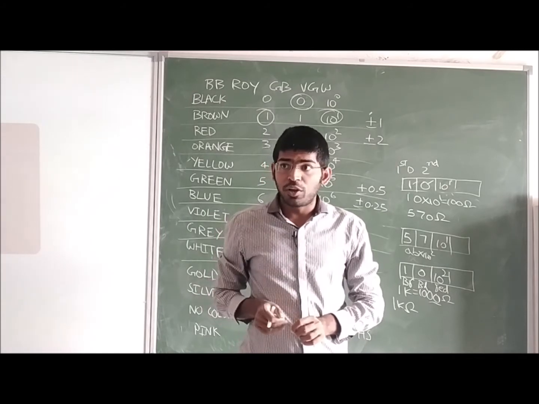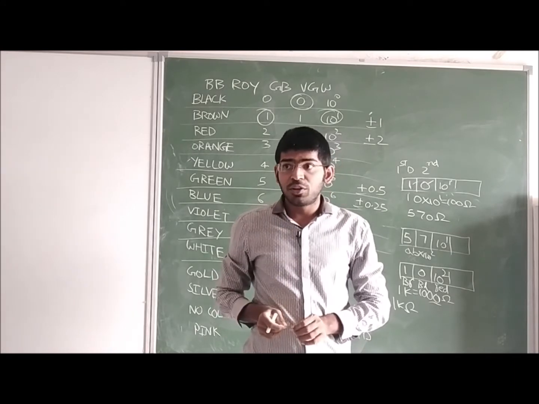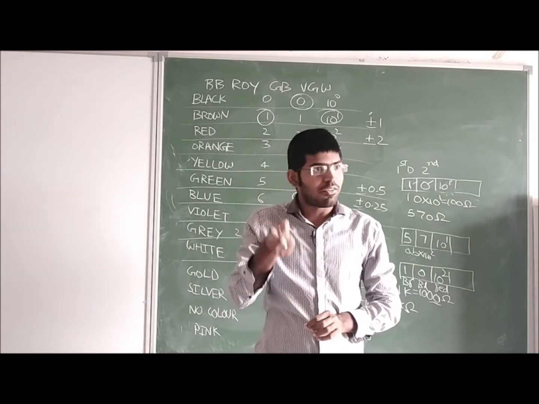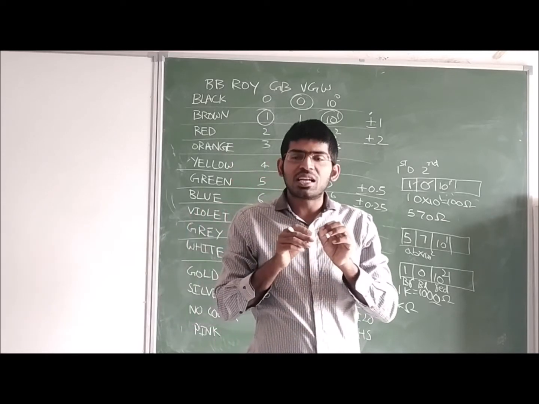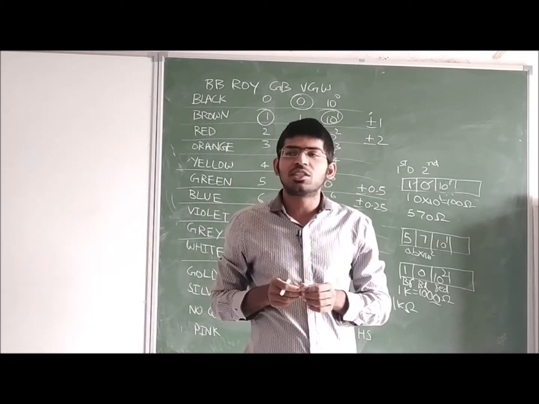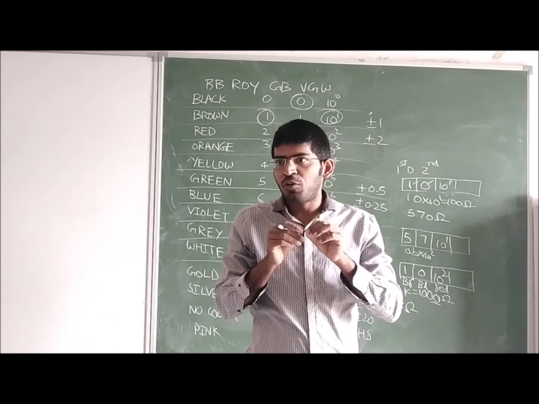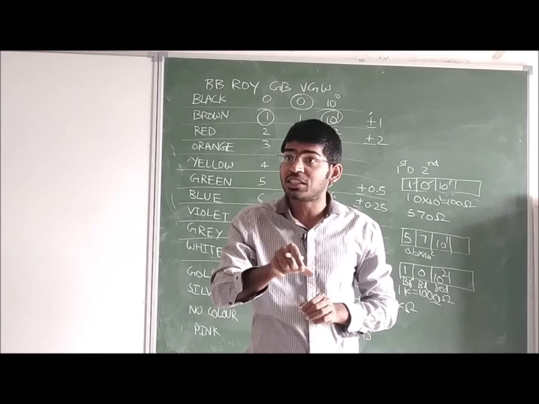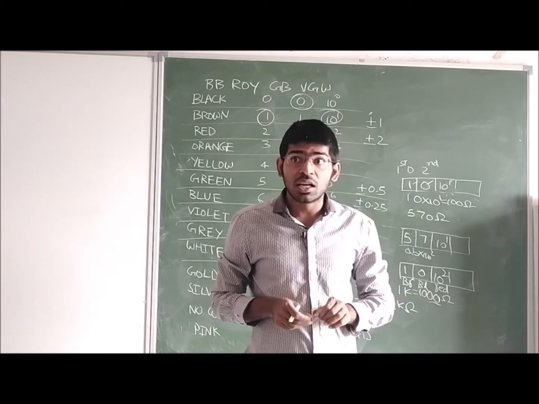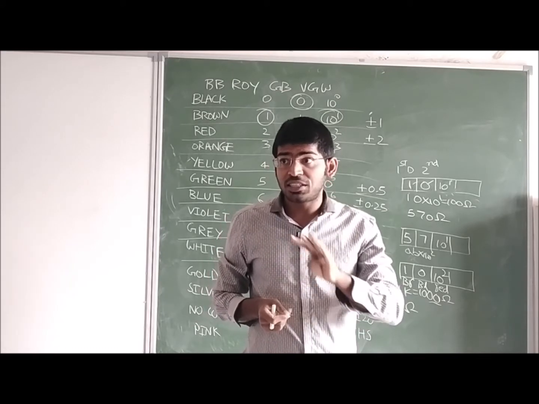Okay, so as of now we have discussed, for indicating the value of the resistor, we can use 2 methods. Either we can print the value of the resistance on this resistor, but because the physical size of this resistor is very small, it is not possible always to print the value on it. We use the alternative method, which is called color coding. It is a worldwide accepted method. In this, we have discussed one method, that is the 4-band resistor method.